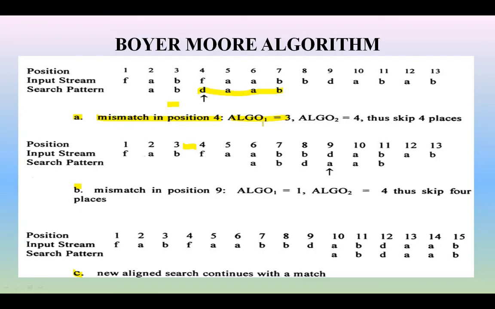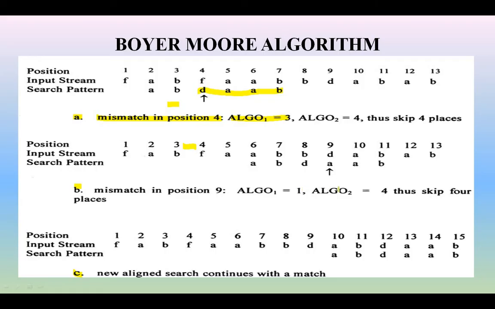Now where this mismatch occurred, see here, starting from the right, we are testing the mismatch. The 10th position is okay. So the mismatch occurred at position number 9, and again the starting position from this mismatch is 4: 1 2 3 4. So again you have to skip 4 positions. You have to start from the 10th position. From the mismatch, moving to the next position, that is algo 1.